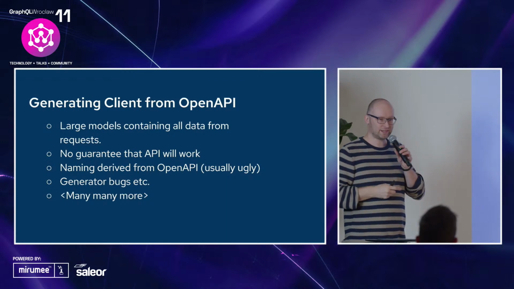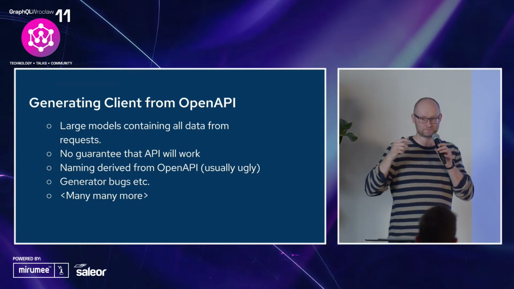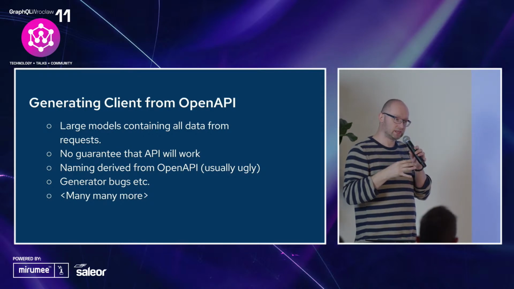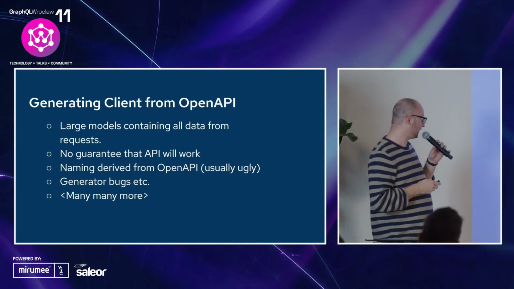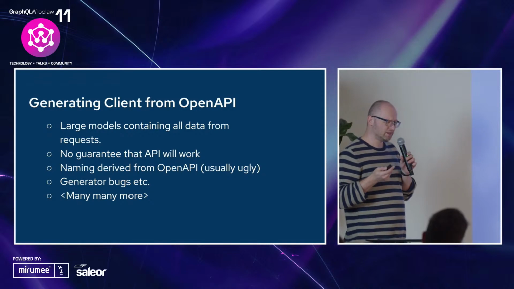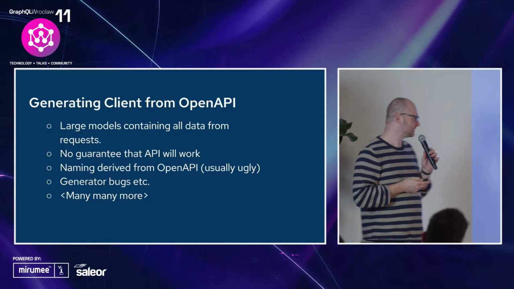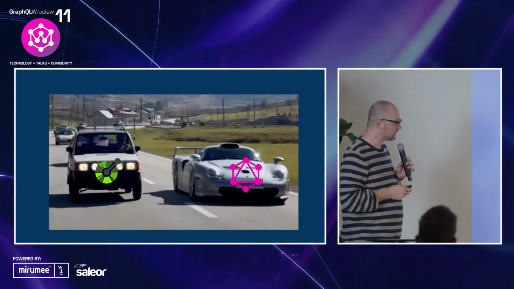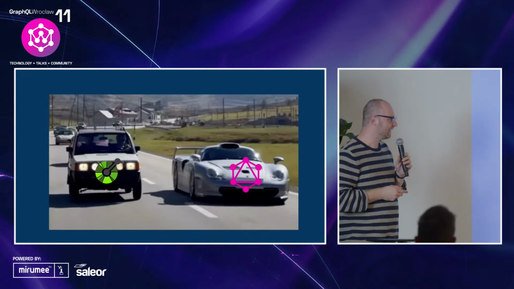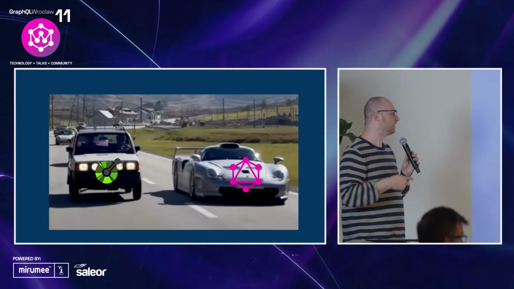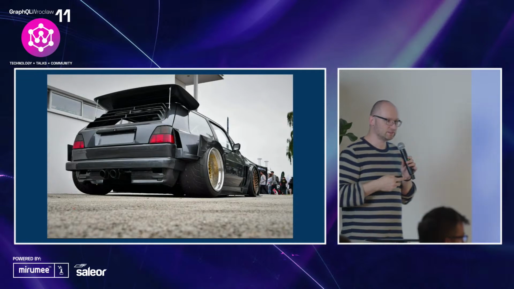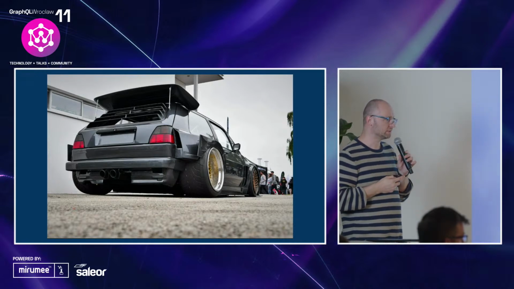You have no guarantee that your API will work, because OpenAPI is written by people or generated from the backend, which also can be incorrect. So naming can be ugly. It's a different choice, right? And most of the generators have some issues and bugs. So eventually, if we compare them, we can have that feeling like, okay, there's nothing to compare. GraphQL beats OpenAPI on tooling, but we can tweak it a little bit. Even if we have some old standard that has been there for a while, we can always build on it.